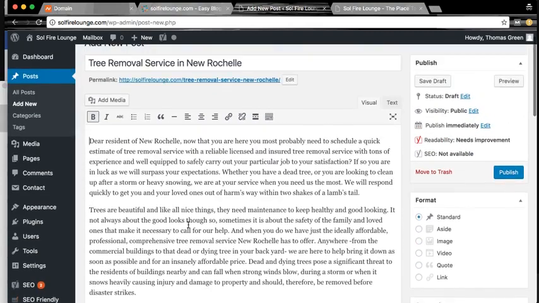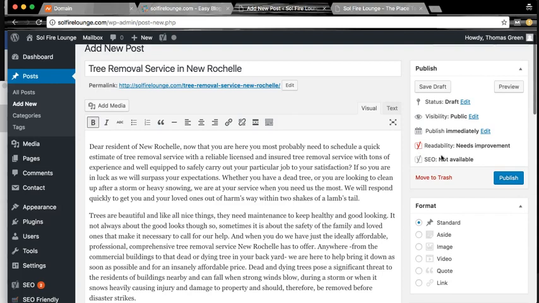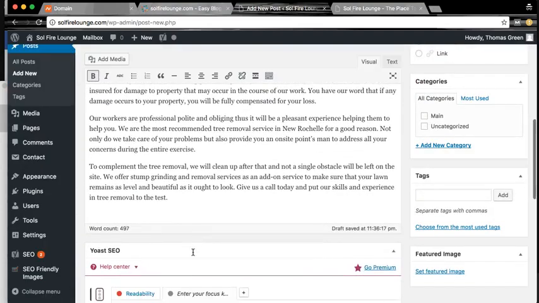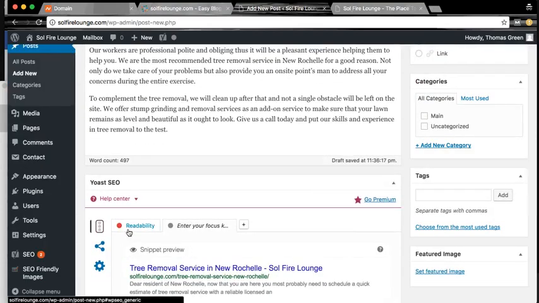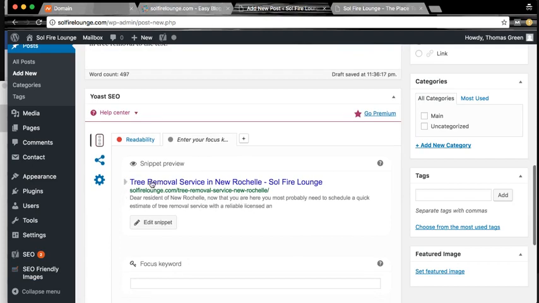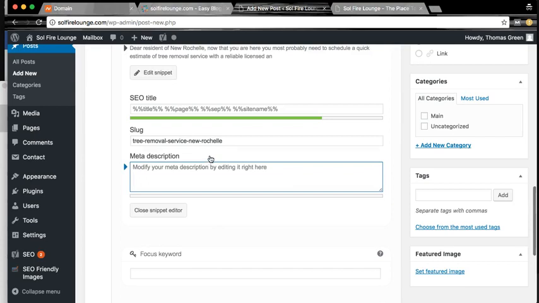And right here, you'll see the readability, SEO, and so on. This is the Yoast SEO plugin that we talked about in the on-page video, and I have it installed here. We were able to install that when we deployed via Easy Blog Network. So we can come down here and take a look, and we see tree removal in New Rochelle, Soulfire Lounge. I'm going to change the slug to New Rochelle tree